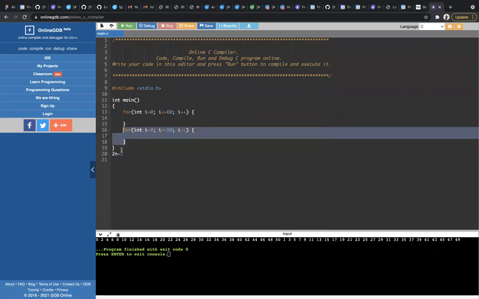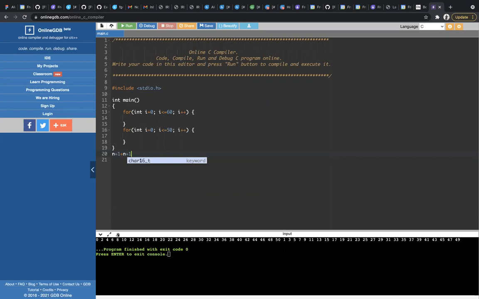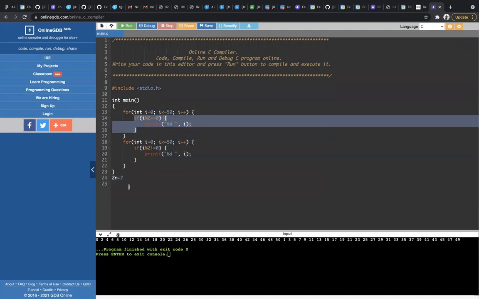So it will be totally n plus 1 for the first loop plus n plus 1 for the second loop. When we do this calculation, it will be 2n plus 2. Now you got it? Does anyone have any doubt in this till now? How we calculated the 2n plus 2 formula?